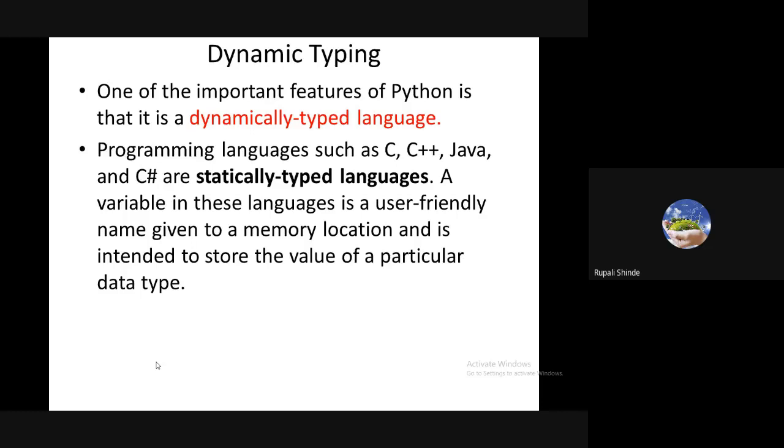Same concept, it is known as dynamic typing. Suppose we have to create a variable, and we can store any type of value into the variable, that's why it is dynamic typing. So what we have given here, one of the important features of Python is that it is a dynamically typed